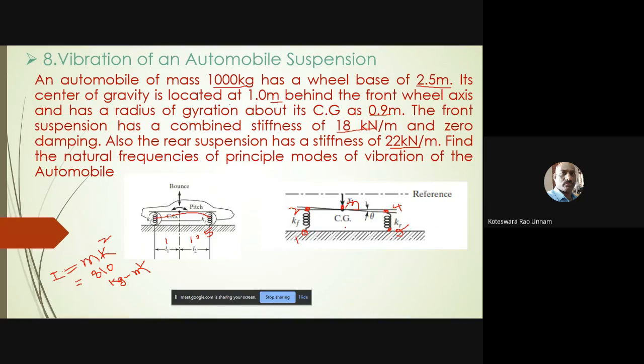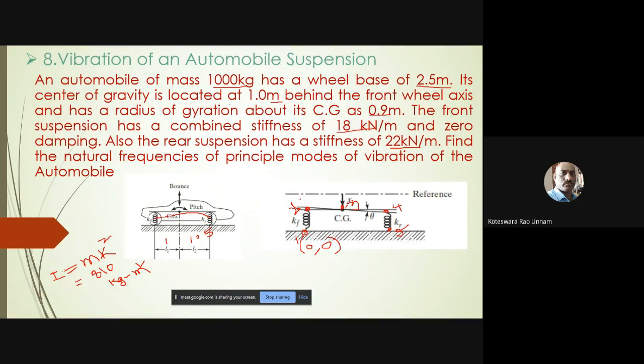So in the software, to create the nodes, I need to identify their XYZ coordinates. Of course, this is a plane motion, so the Z coordinate is always going to be 0. We only have X coordinate and Y coordinate. Now I'll fix my reference point at this point, so I'll start from node 1. If I do that, what are the coordinates for node 1? Since it is located at the origin, X is 0, Y is 0. Then what are the nodal coordinates for node 2?